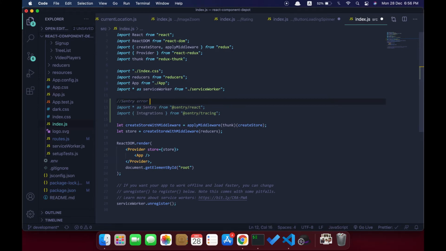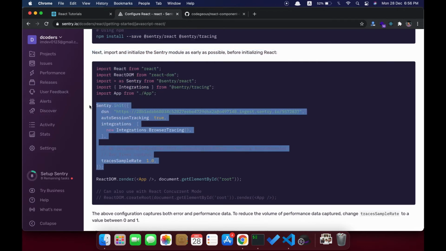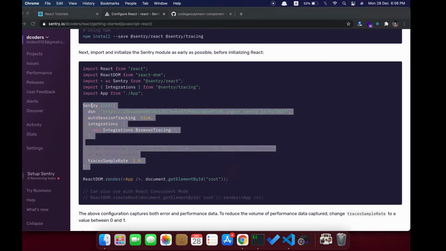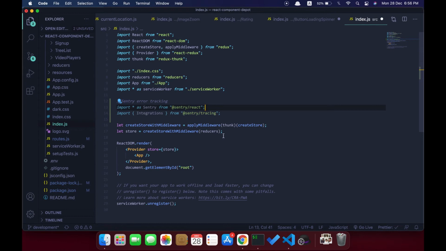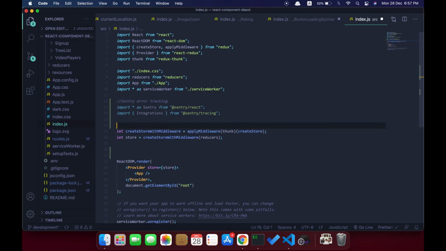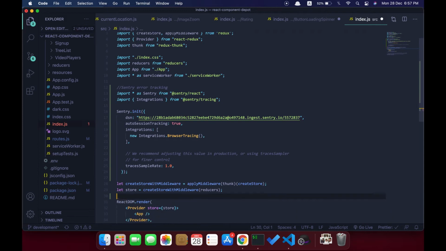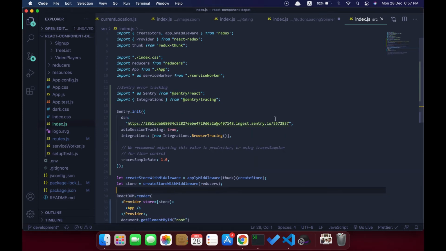First we will import these packages, and then we just need to copy this Sentry init function and place it in our application before our application bootstraps. We need to use this before any of our application is rendered in the DOM. That's why it will start capturing errors right from the first render.